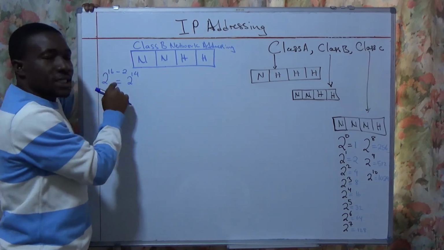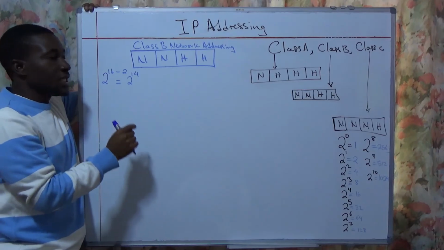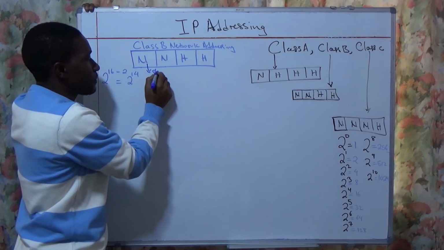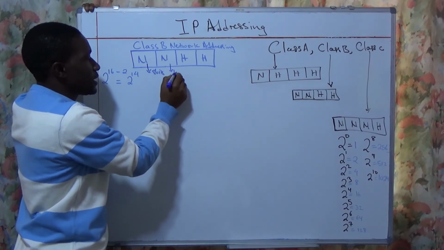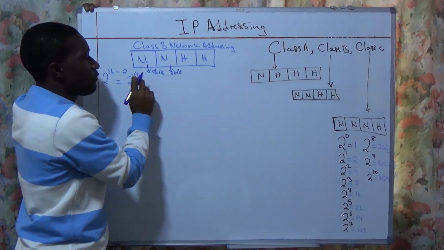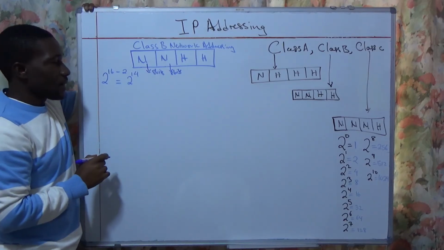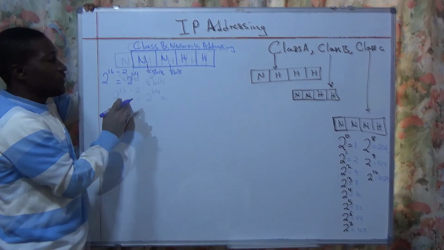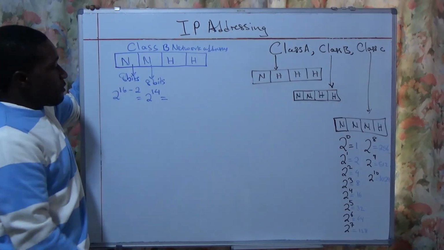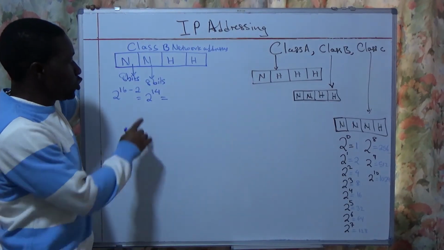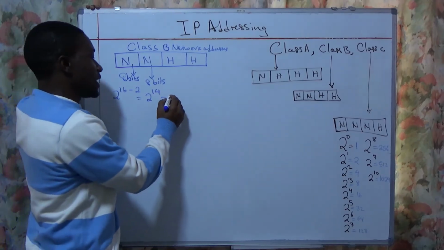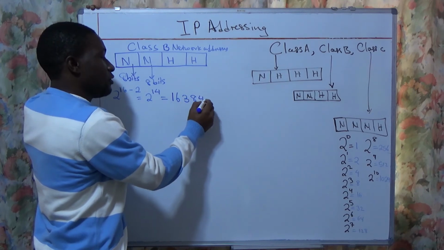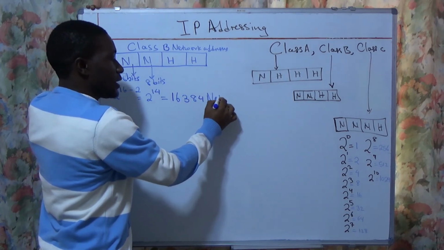So it is indicated that we must reserve 2 bits out of the 16 bits. Here we have 8 bits and 8 bits for network addresses. And 16 minus 2 will give us 2 to the power 14. And from our understanding, 2 to the power 14 will give us 16,384 network